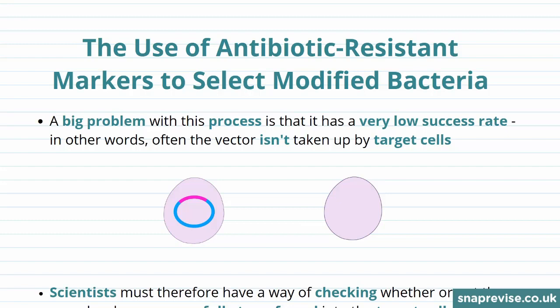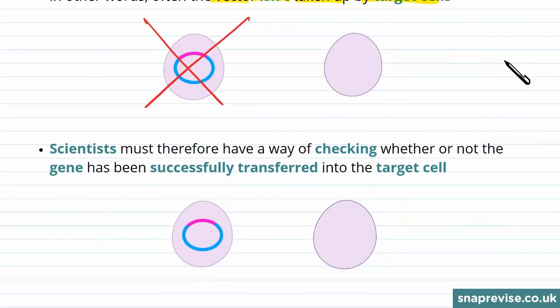So now let's talk about the use of antibiotic-resistant markers to select modified bacteria. A big problem with genetic engineering is that it has a very low success rate. For example, in other words, a vector isn't taken up by target cells. So cells don't often take up the vector. This means that scientists have to have a way of checking whether or not the gene has been successfully transferred